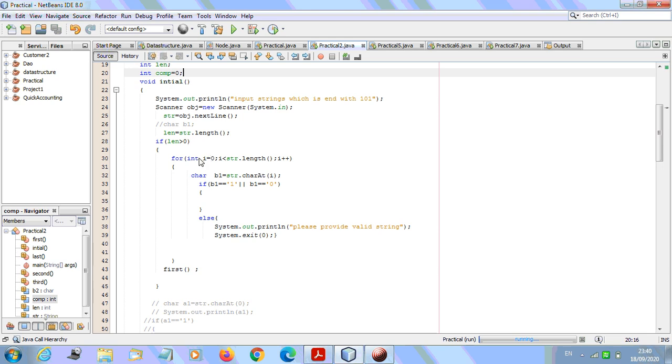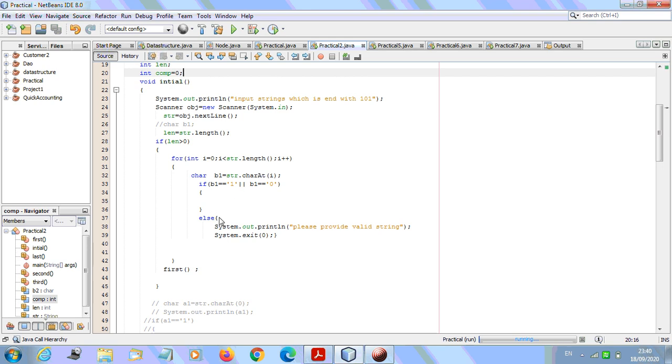To check the validation of that input string, whether the input given by the user is authentic or not, we have put this for loop here, and we check each character, whether it is 1 or 0. If it is 1 or 0, it's good.